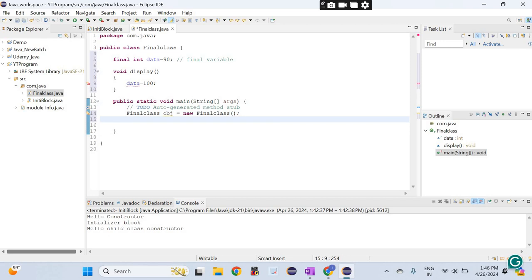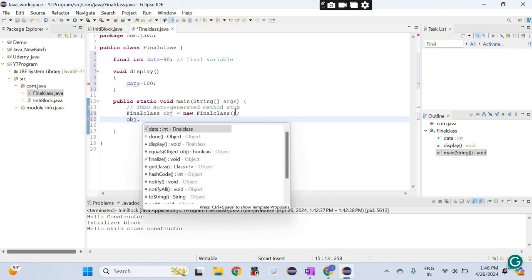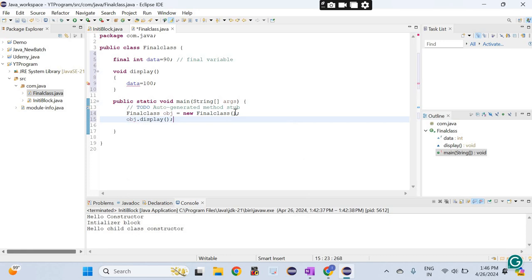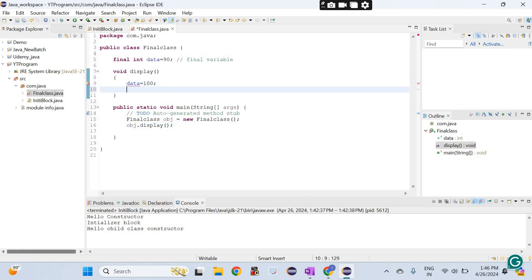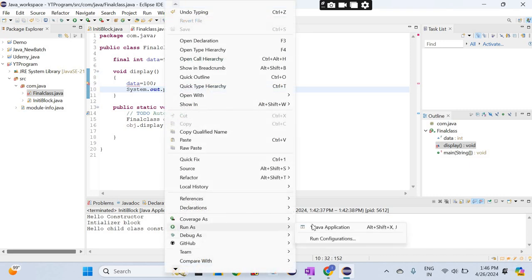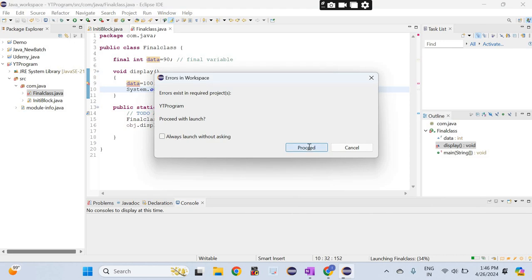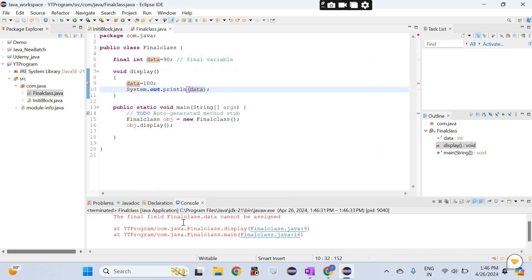Here if you use object dot display, this method, and suppose you are trying to print it, although it will not print, it is already giving the error, but just for reference I'm trying to run as Java application. See, the final field data cannot be assigned, so you cannot do that. It will give the compile time error, so it can be asked in your question.